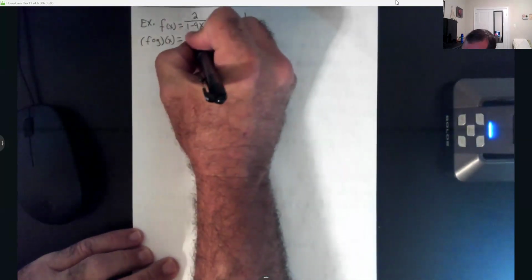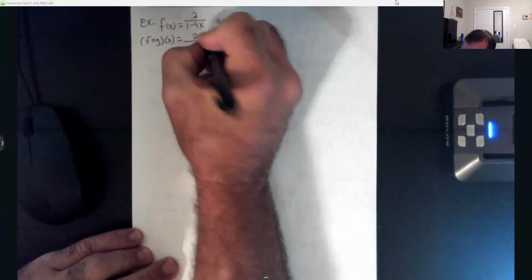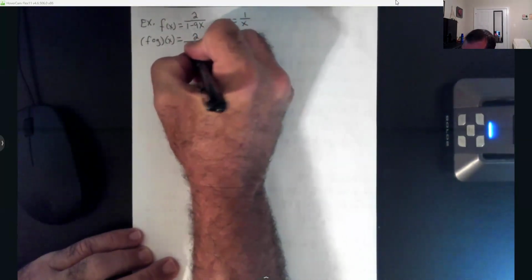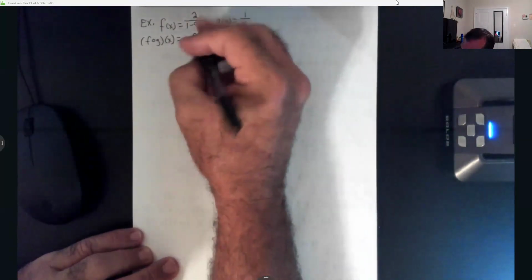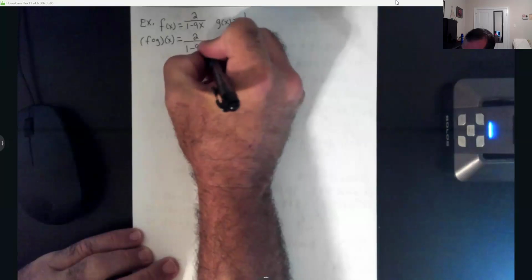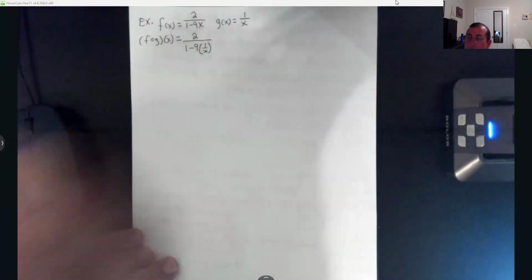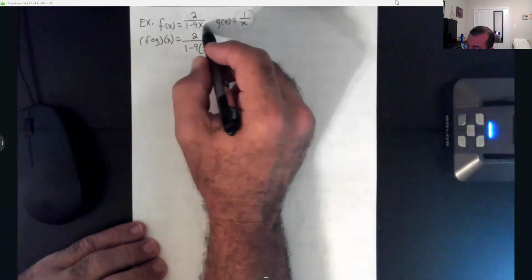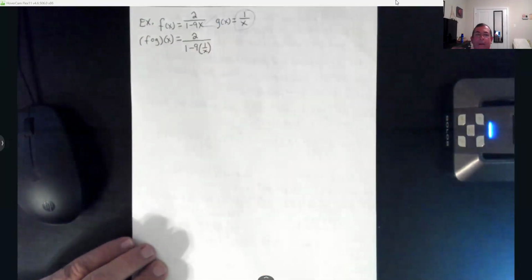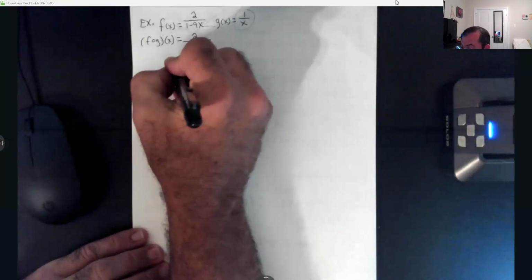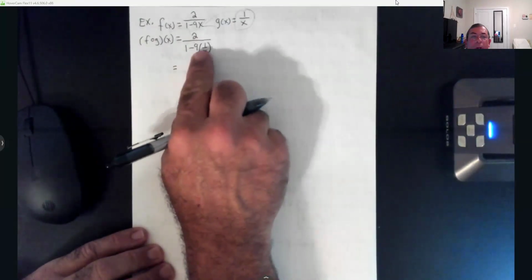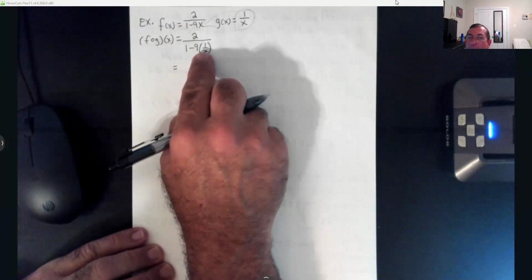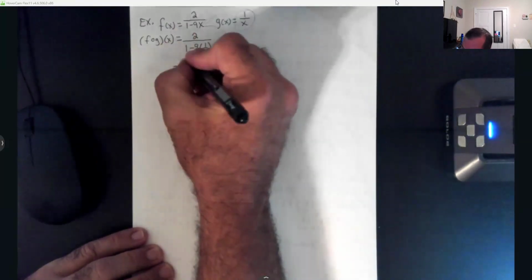So that's going to give me 2 over 1 minus 9 times that 1 over x. Okay, so you just put the g into the f there. So y'all, simplifying is the tricky part on this. First thing you want to do is multiply that 9 times that 1 over x. So that's going to give me my 2 on top